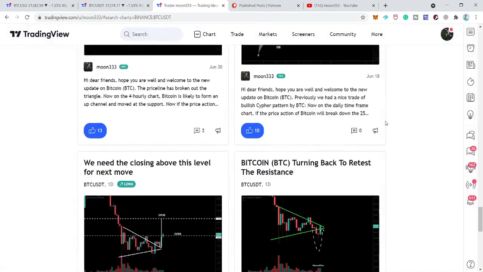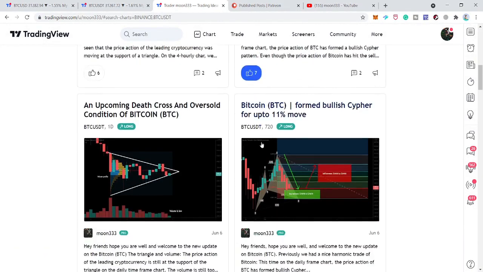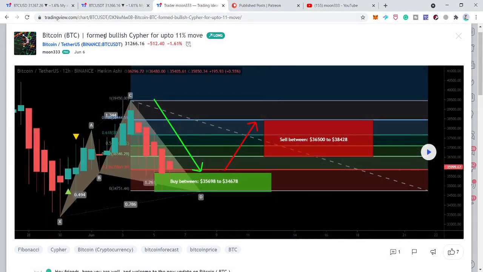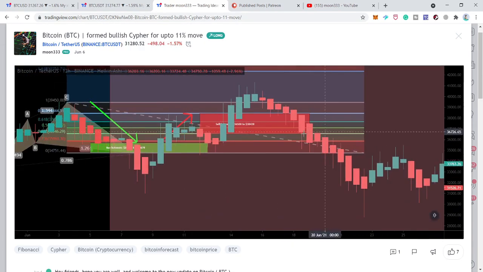And before this, I shared another harmonic bullish reversal cipher pattern, and this time the price action completed the cipher on the 6th of June, and at that time the market was extremely bearish. And now, after playing the chart, we can see that the price action, as per the Fibonacci sequence of the bullish cipher, turned bullish, hit the sell targets here, and moved down again and reversed very strong bullish, even rallying up to